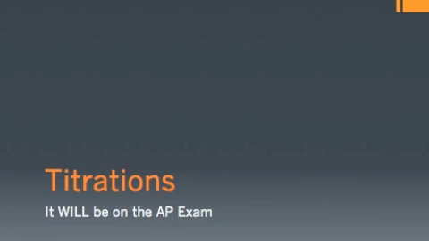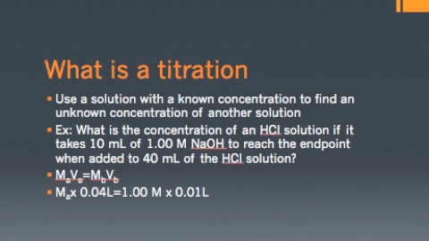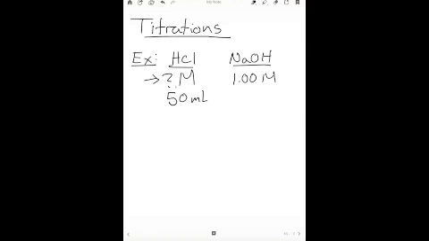So what is the purpose of titrations? Well, you're trying to find the concentration of a solution by mixing it with another solution with a known concentration. So let's say, for example, we have some hydrochloric acid and we have some sodium hydroxide. We don't know the concentration of our acid, but we do know the concentration of our sodium hydroxide. So if we know the volume of our unknown concentration of acid, then we can set up a titration lab